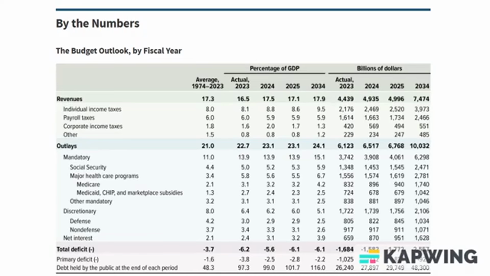Recently, the CBO released its budget and economic outlook for 2024 to 2034, raising important questions about the sustainability of U.S. fiscal policy. A key challenge for students is to assess whether U.S. fiscal policy is sustainable, and if not, what measures could be taken to address this issue. This involves reviewing the CBO's estimates for debt, deficits, expenditure categories, and revenue sources over the next decade, along with its economic assumptions. To approach this analysis, we'll start by considering the economically first best solutions without focusing on political